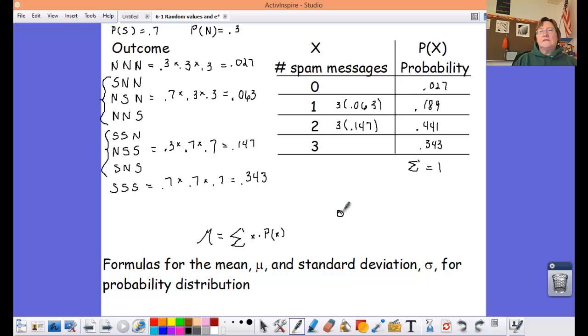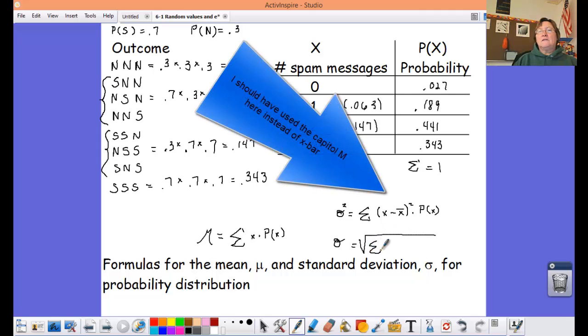The variance of this distribution, you'll remember that the variance is the square of the standard deviation. That is equal to the sum of all the differences between x and x bar squared times their probability of happening. That means that, oops, that's the variance. If we want the standard deviation, we need to take the square root of all of that. So it will be the sum of, again, x minus x bar, distances from the mean, times their probability of happening. All right, let's move on